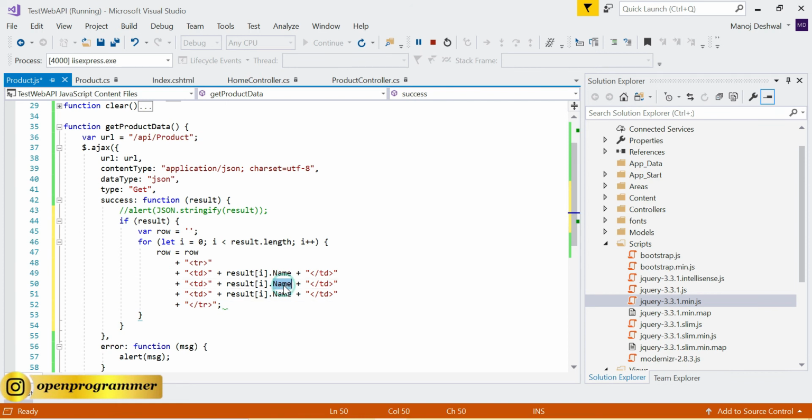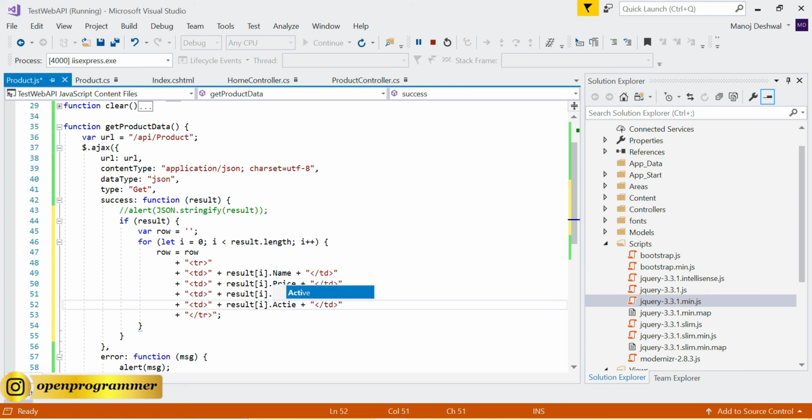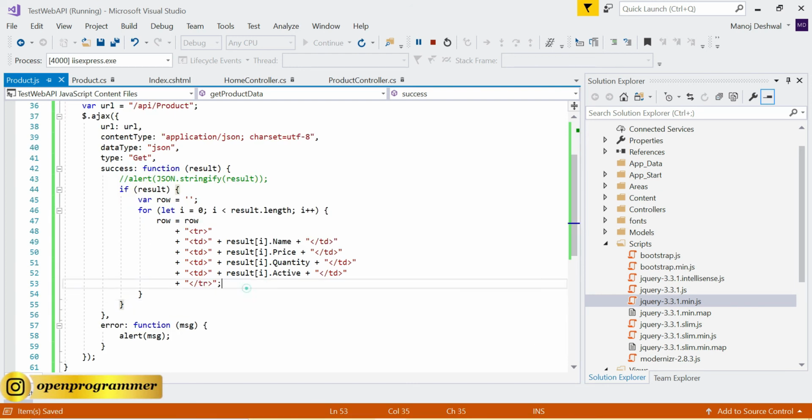Let's change this name, price, quantity. Oops, we need one more TD for active. Active. Fine. Let's save this. And now after the loop,